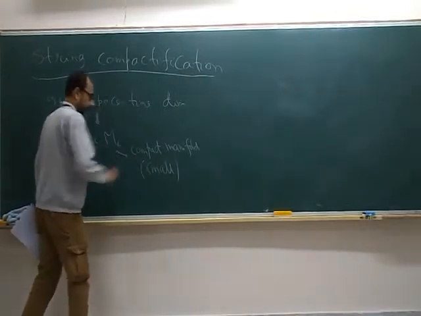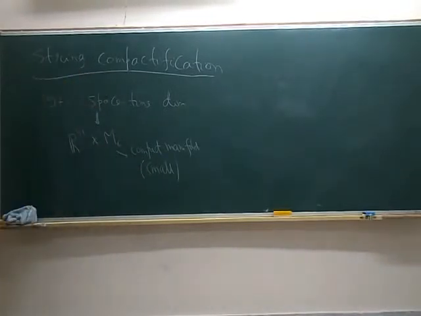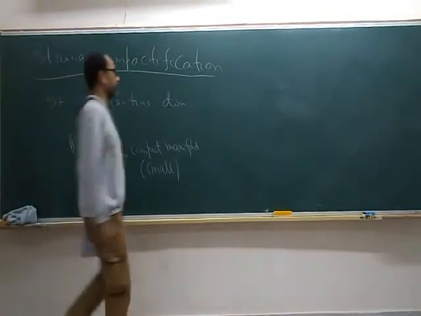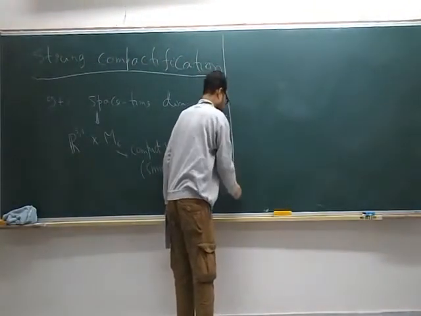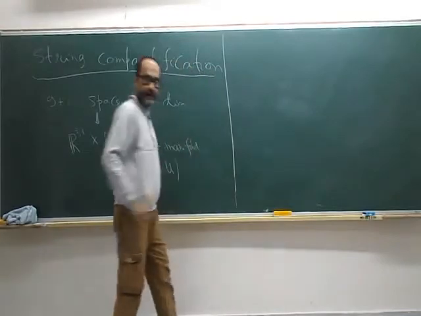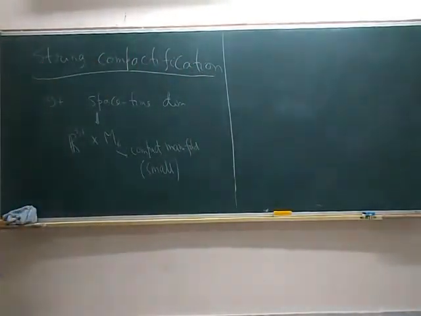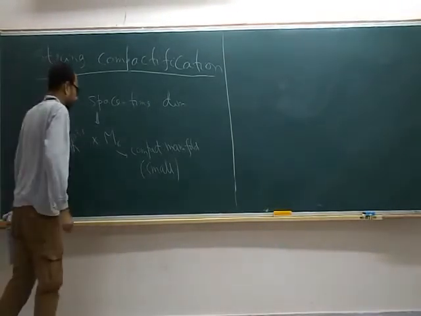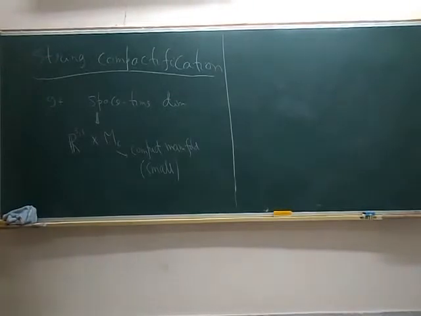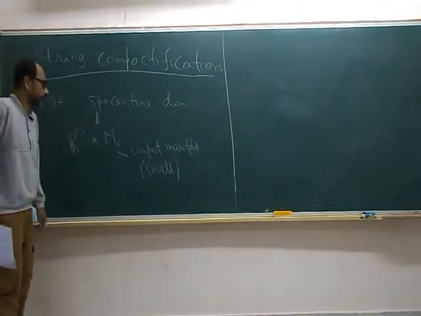When I say small size, small means it has to be sufficiently small so that it's beyond what you can see today experimentally, which is of the order of 10 to the minus 17 centimeter or about a TeV scale. Now, this seems easy: pick some M6 and declare that this is the space-time that we'll be dealing with. The problem, however, of course, is that we cannot choose M6 to be anything that we like.